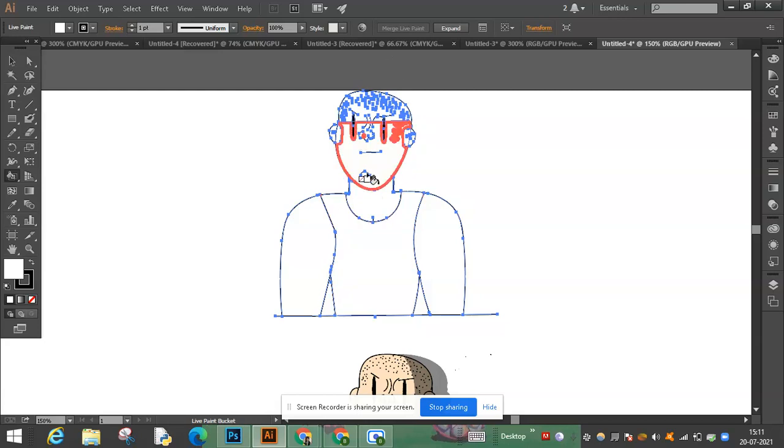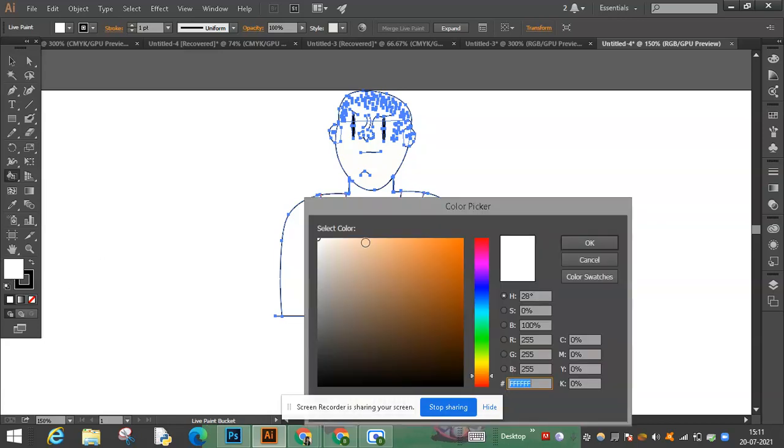Then you will see all these segments with an orange lining. Okay. And just fill in your sketch. I'm going to do that really quick.